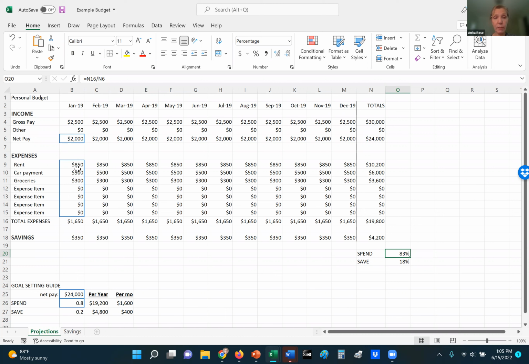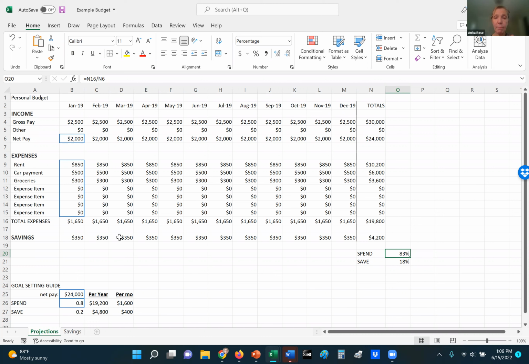Maybe you have rent that you pay, maybe you have a car payment, you pay for your own groceries, you have other expenses mixed in there, and you can put those in. You can customize this list however it pertains to you, and then start filling it in. So here we are in June. You can just start in June and move forward. So you have half of a year to start with, and then next year you can start with the full year. But go ahead and get started on it, because it does make a big difference.